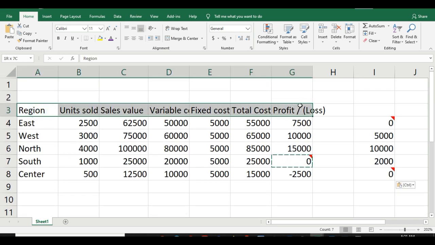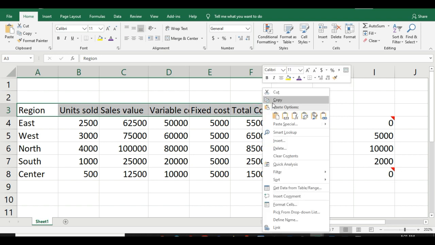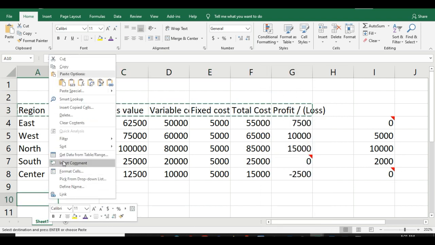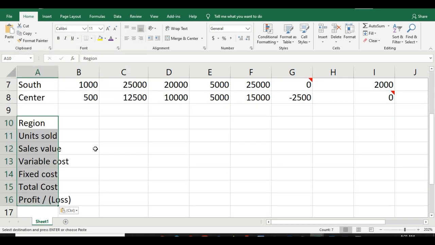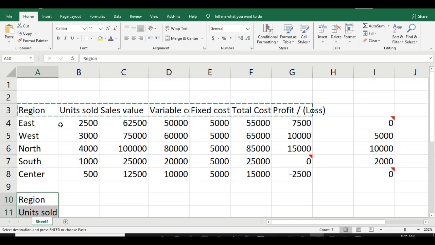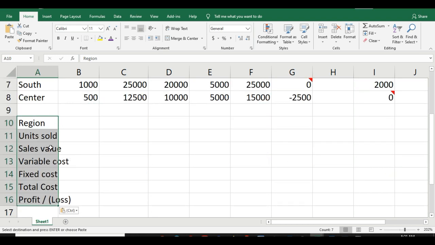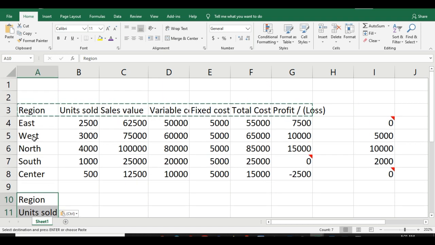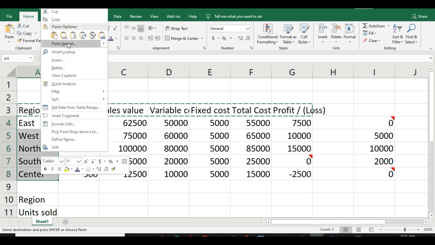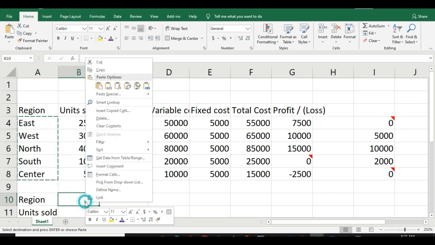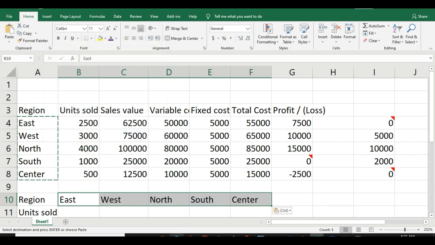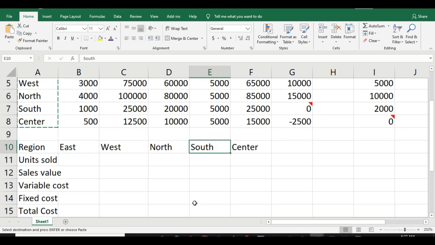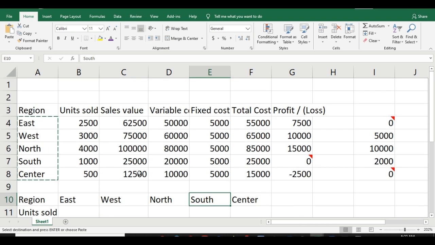You go there, select all, copy, and then come here, paste special, and then press transpose. See, wow, that's a magic. That all the things which are here, they come in the same manner but in the column. Similarly, you want to put these things here. So go to copy, right click, paste special, transpose OK. Wow, that's really great. So you find each and everything here. Now you can put the values and you can play in your report.